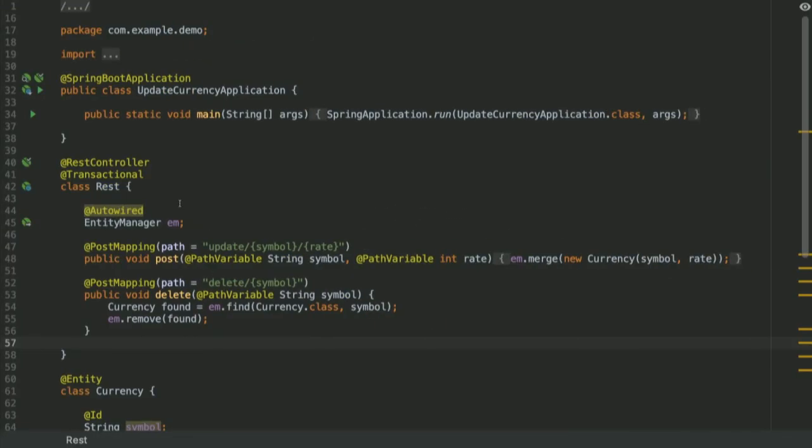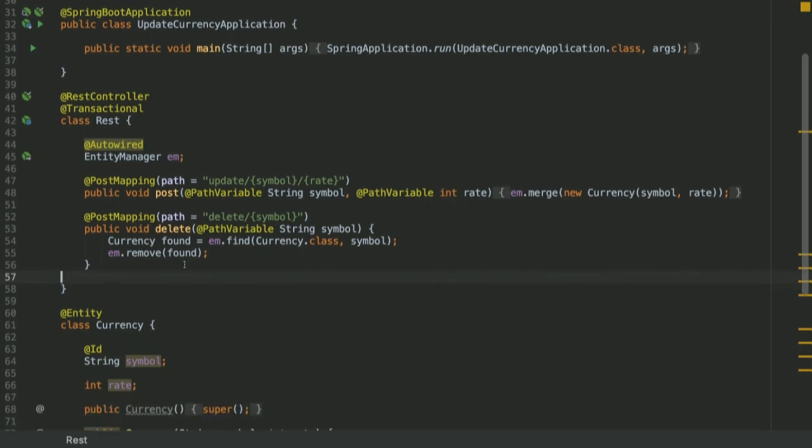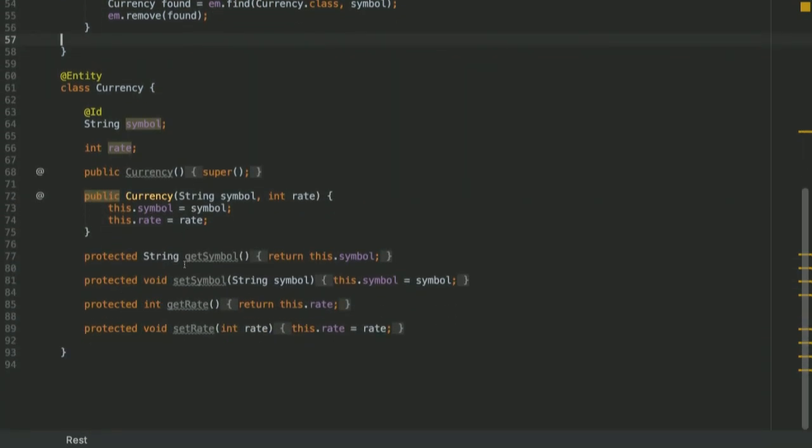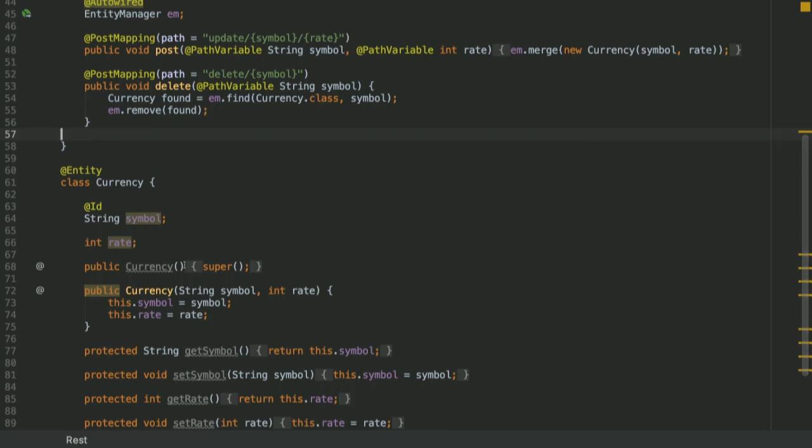This is a little REST controller that's capturing updates to currency. It's a simple app, and all we've got is an update and a delete method, and a JPA entity, which is basically currency symbol and rate. All this does is write into a MySQL table.